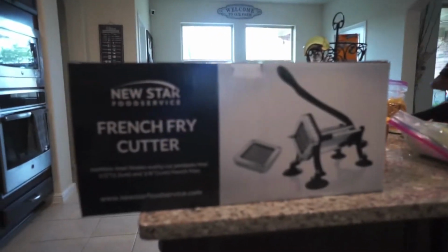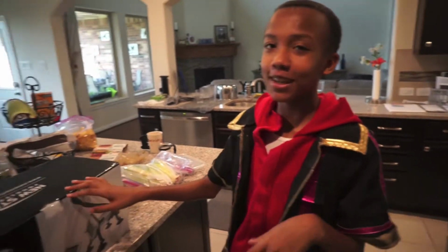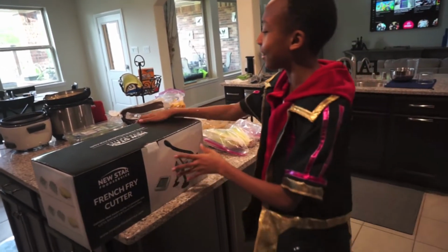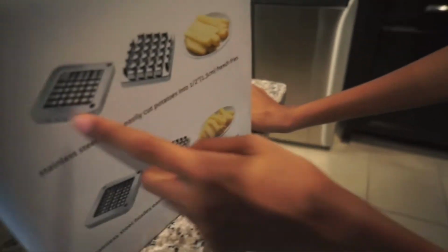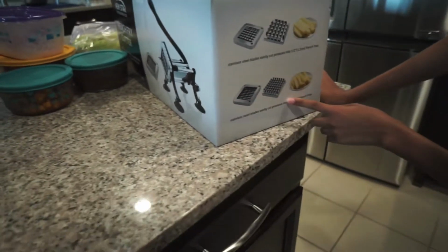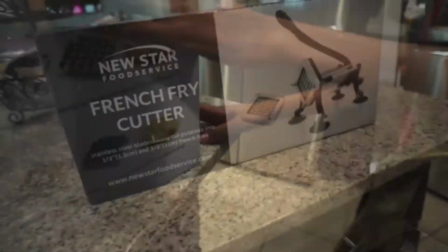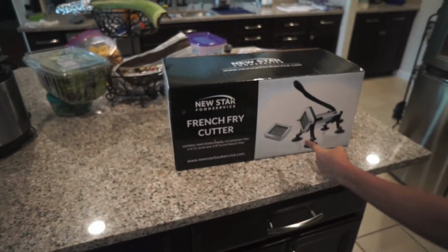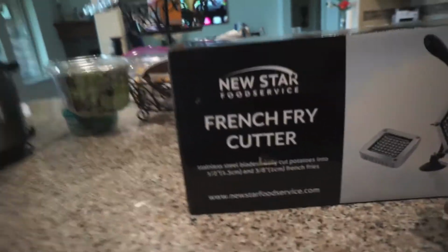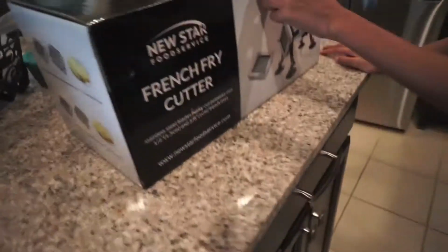You're gonna try out the New Star Service French fry cutter. Our general here back. We'll have this potato cutter. It shows the basics of how to cut French fry, and it shows how to try. It's like this. You screws and those things you should work on stuff. Like you,